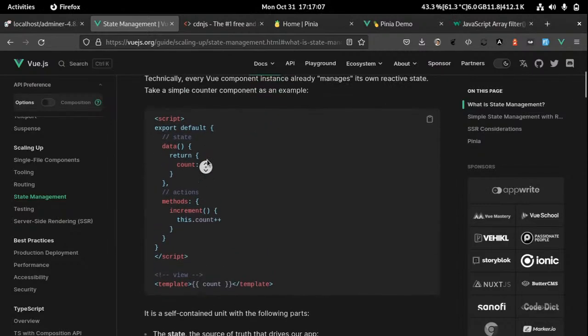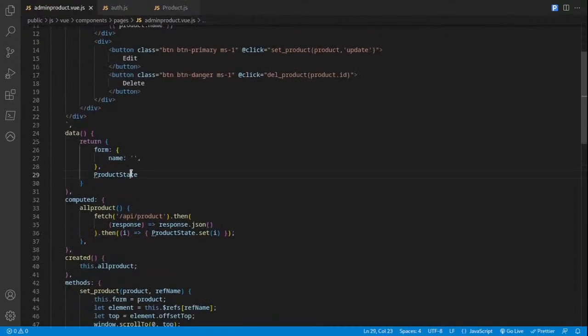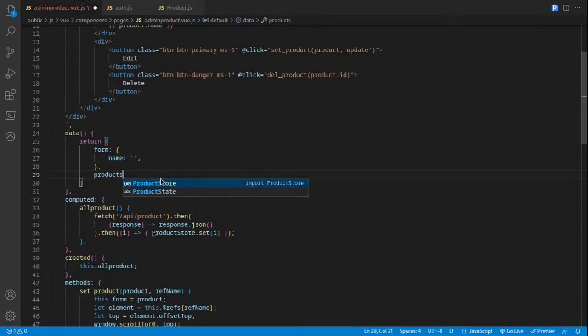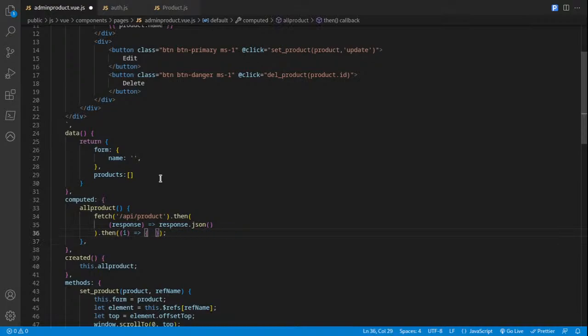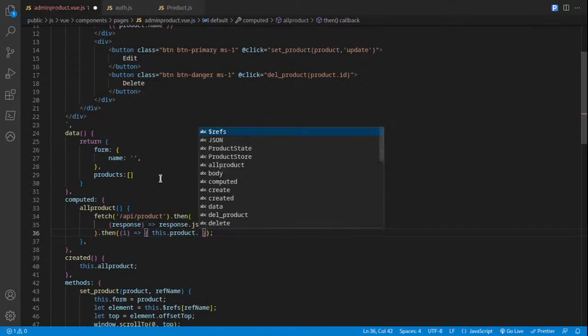But again, why should I use Pinia? This is a product state. Let's put it like this: this is a product, and products is an empty array. And after we put everything here, we're gonna use this product dot